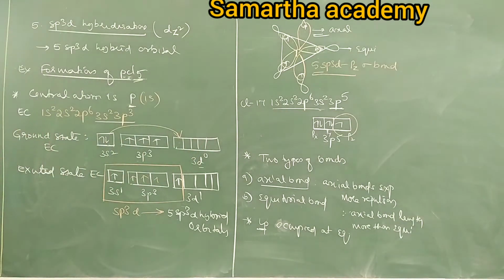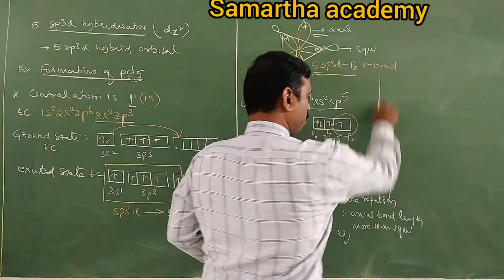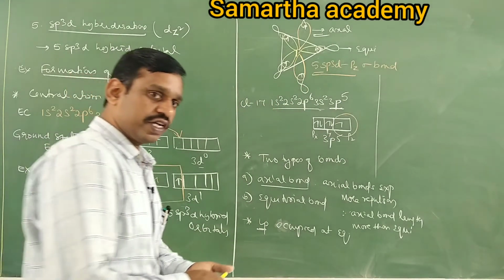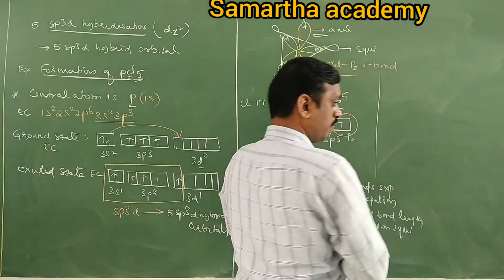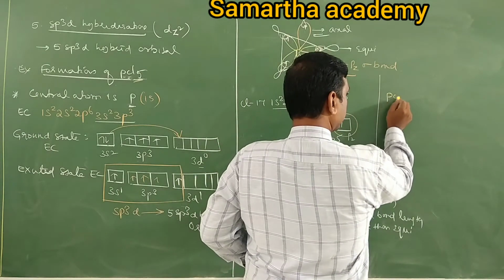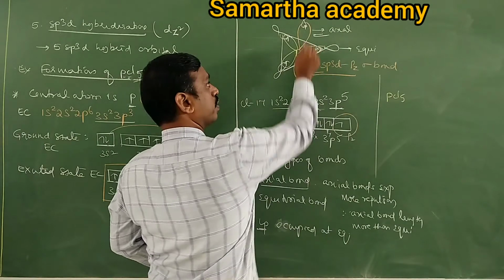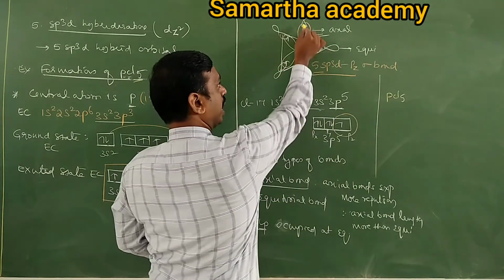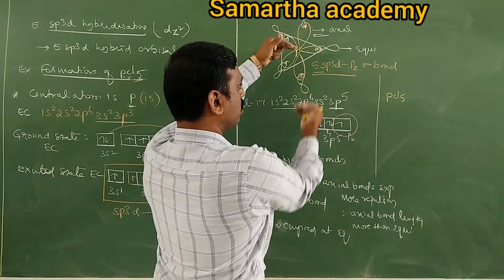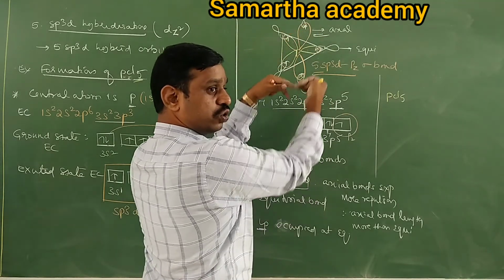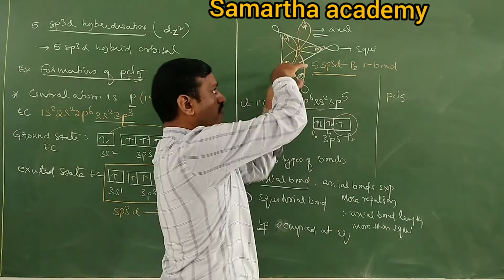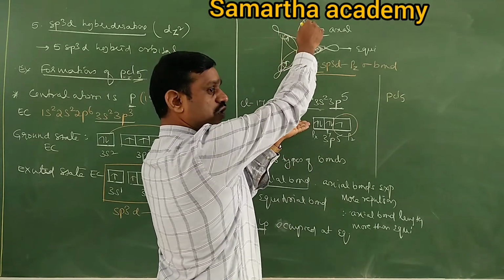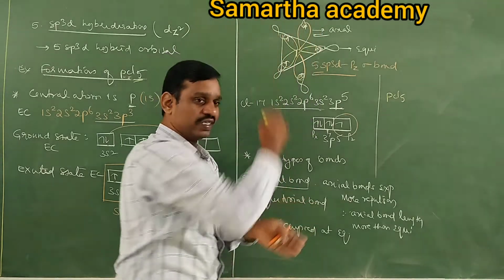Right. Next, PCl5 is unstable. Usually the PCl5 molecule is unstable. We study this even in the 17th group, with the 15th group element. So PCl5 is unstable because of these equatorial and axial bonds. In PCl5 there are 2 axial bonds. These axial bonds experience more repulsion. So due to more repulsion, these bonds move away from the phosphorus. Their bond length is more and their bond breaking energy is less.